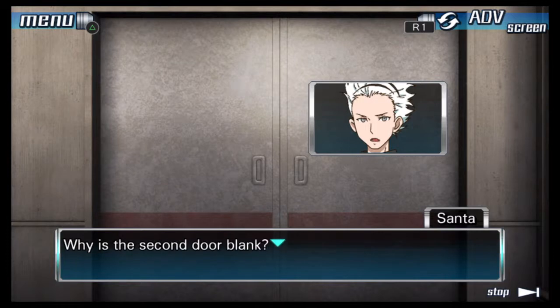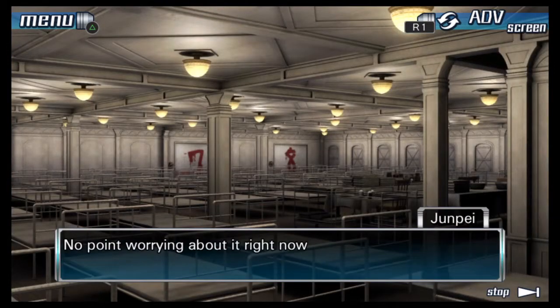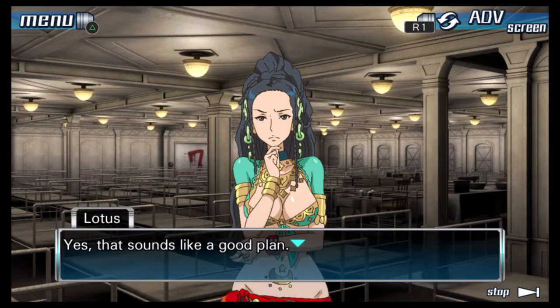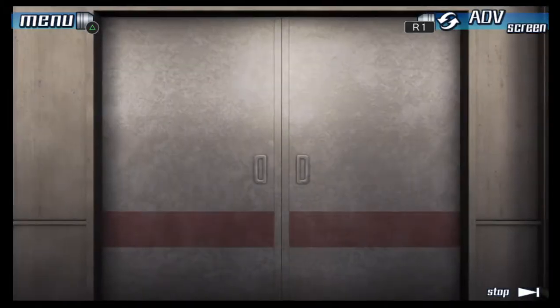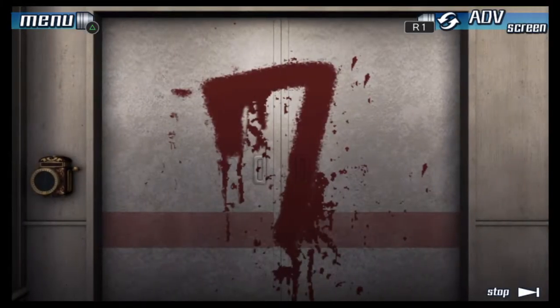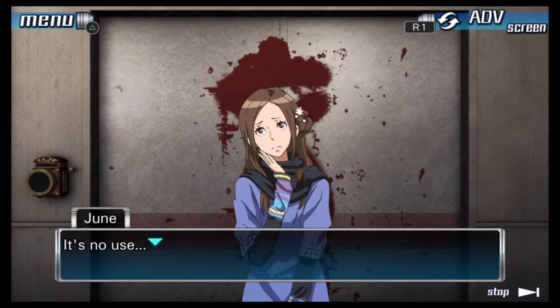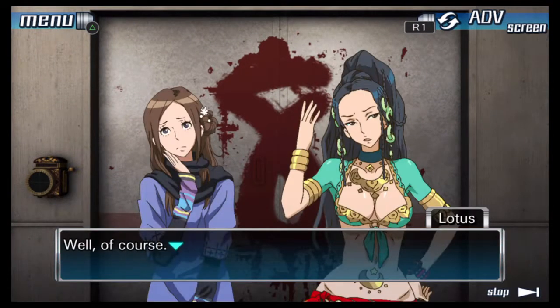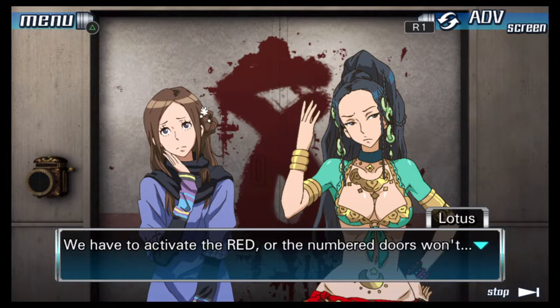Why is the second door blank? That seems kind of strange, don't you think? No point worrying about it right now. Let's see if these will open first. Yes, that sounds like a good plan. I gotta scan it. Oh, it's no use. I guess we need different teammates. If it was that easy to open these doors, what would be the point of the game? We have to activate the red, or the numbered doors won't...